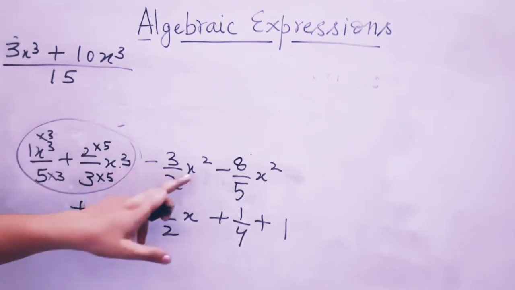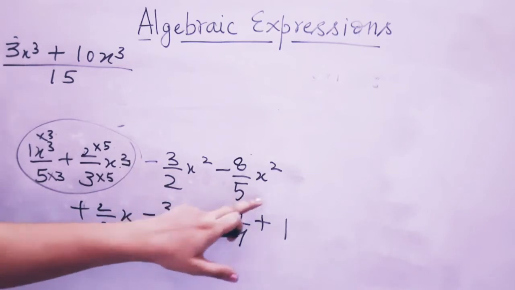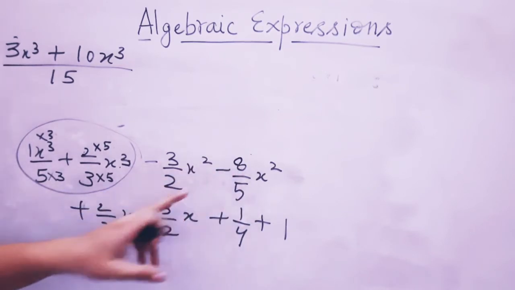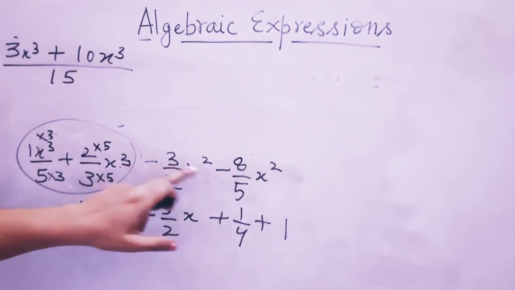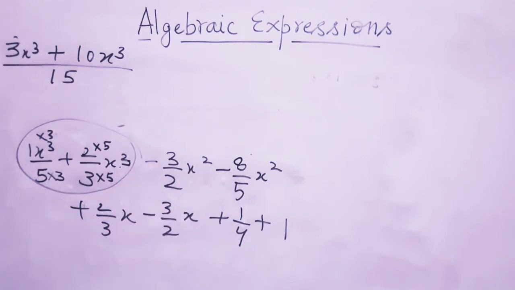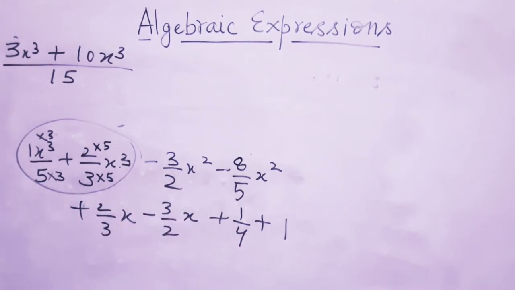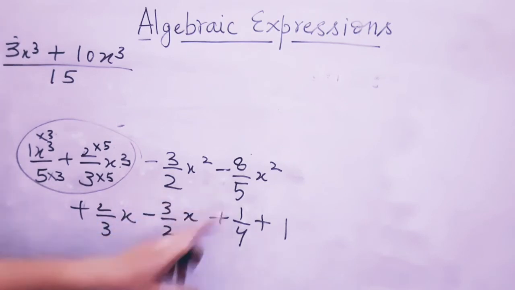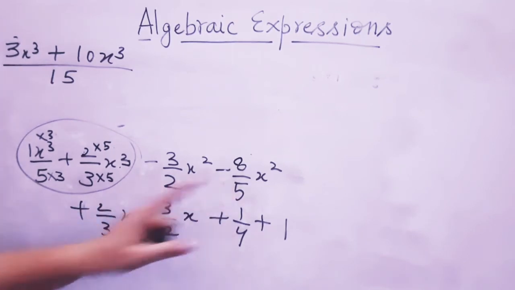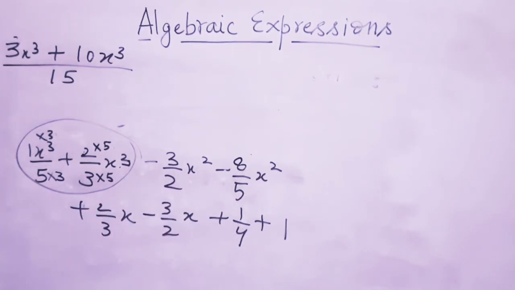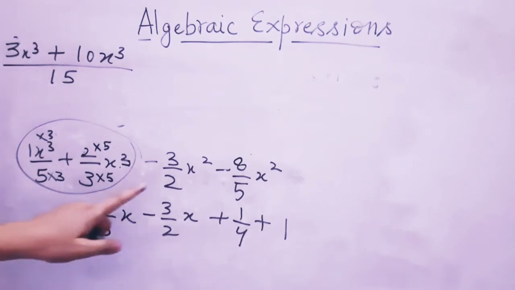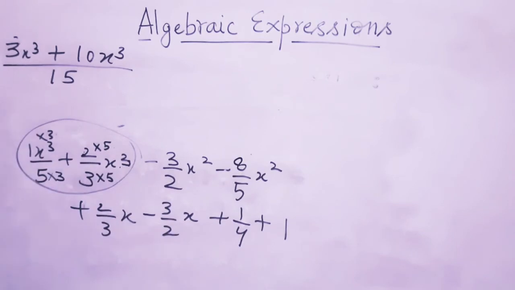Now coming to this part, x square, the powers of 2, I am going to solve them. Minus minus क्या होता है बेटा? Please reply to me in the comment section. Minus minus is plus, and 2 and 5 are also a pair of co-prime. Why are they called a pair of co-prime? Because 2 and 5 do not have any other common factor apart from 1. That means the HCF of 2 and 5 is 1.